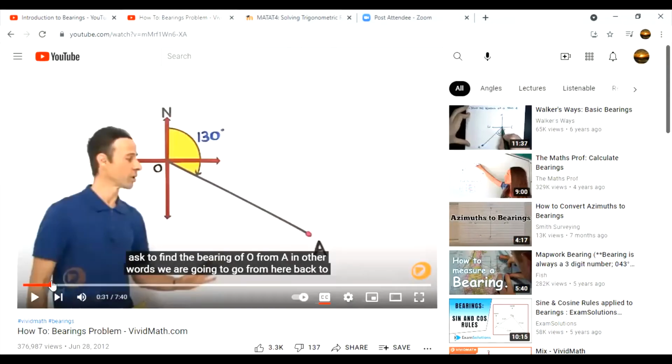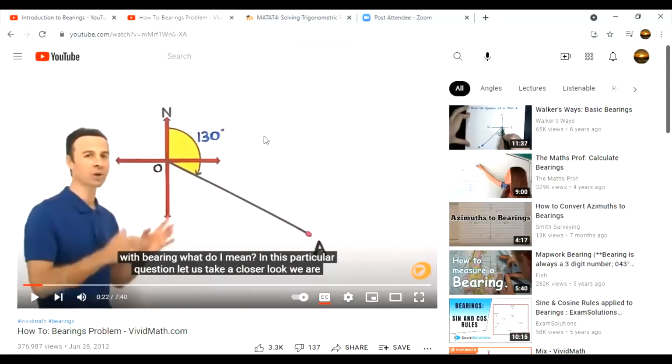So we have here a bearing. Now, when we read this, students, I want you to be very cognizant of the language that you're going to use, okay? You gotta be very particular about how you talk when you're talking about bearings. So in this case, I would say this is a bearing, or 130 degrees is the bearing of A from